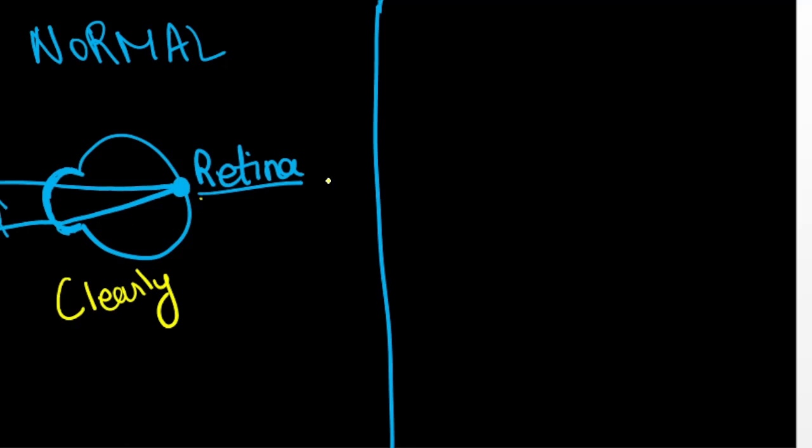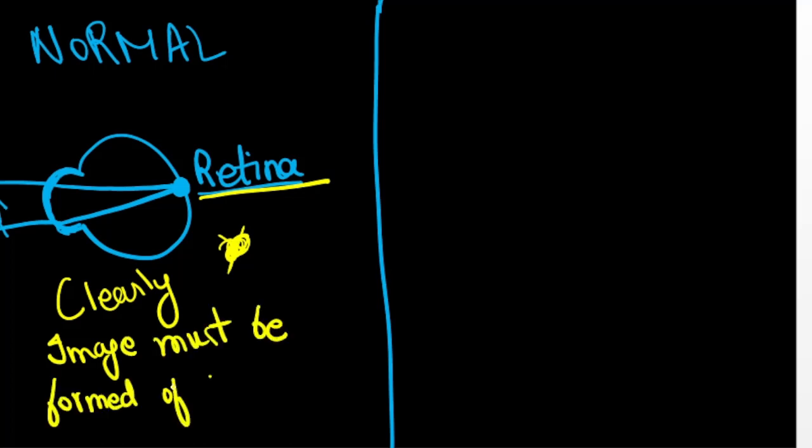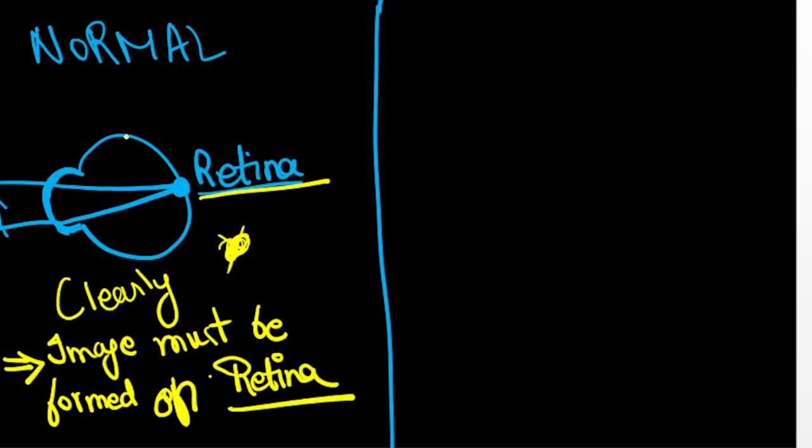Until the image is formed on the retina, we won't be able to see. So the image must be formed on the retina. This is the main thing here. The image must be formed on the retina. Here the image is formed on the retina, then we are able to see the object clearly. Now